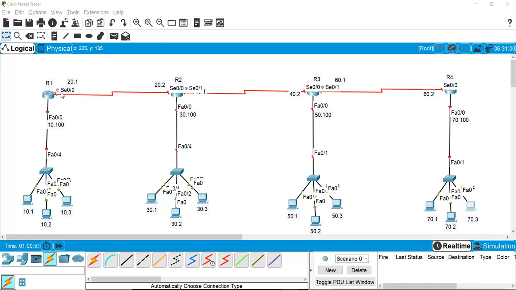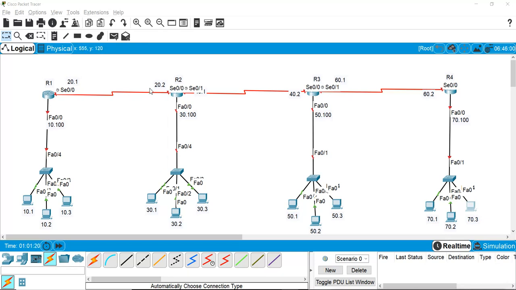The port which is directly connected to another router, like from router 1 to router 2, should have IPs from the same network on both ports, so that router 1 can easily communicate with router 2 within this network. You cannot use a different network IP on one interface of a directly connected router.